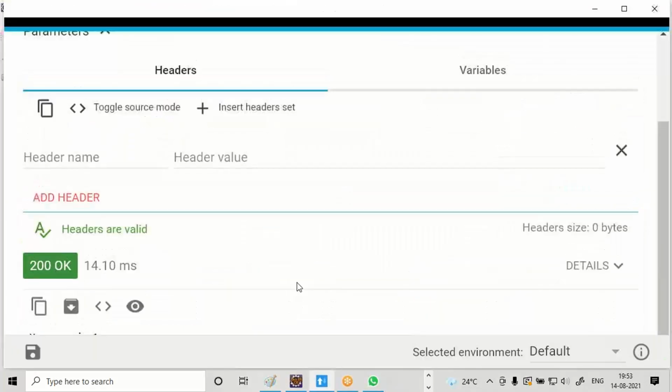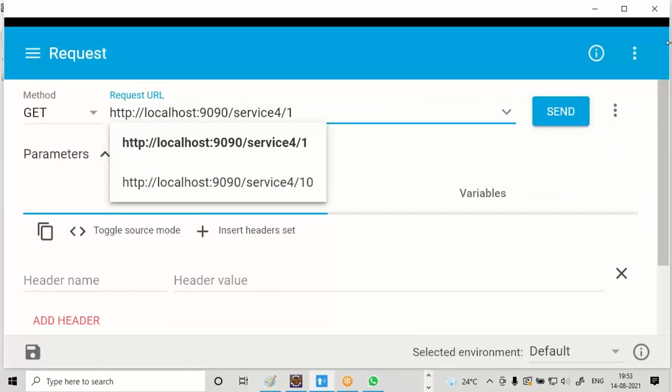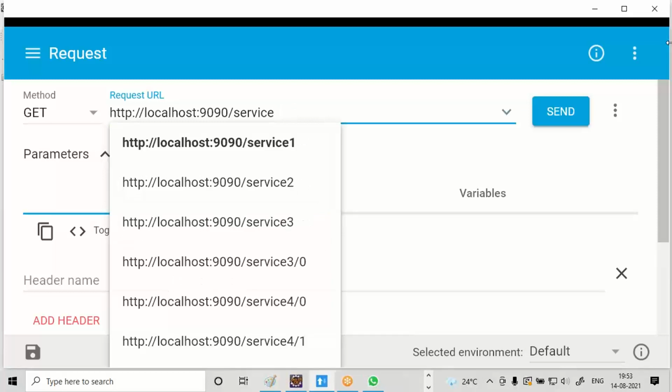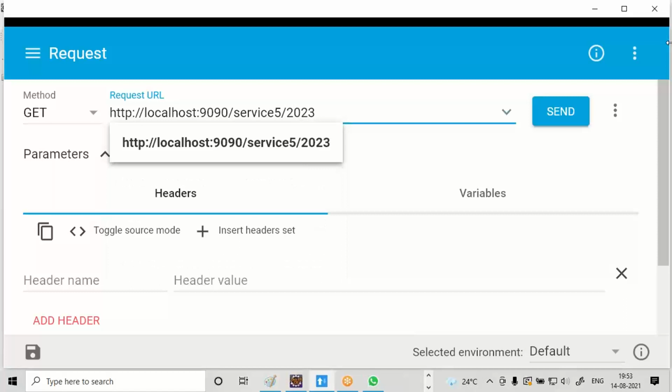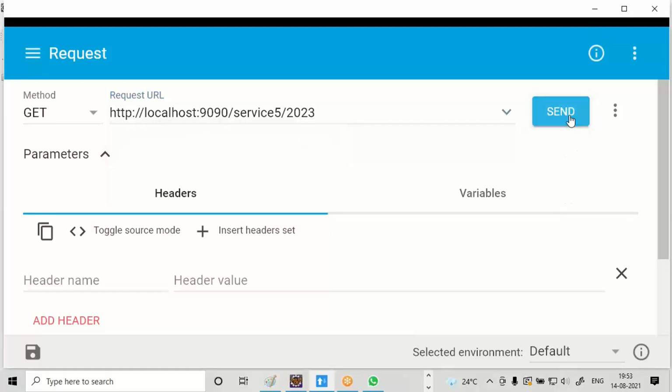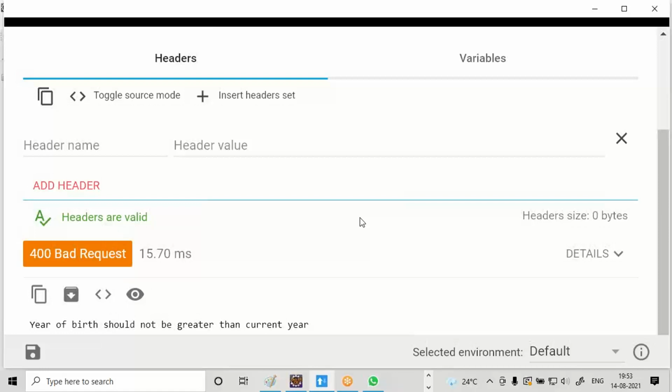Let us see service 5. Assume your year of birth is 2023. Year of birth 2023, definitely it's not valid. Input is not proper. Bad request.